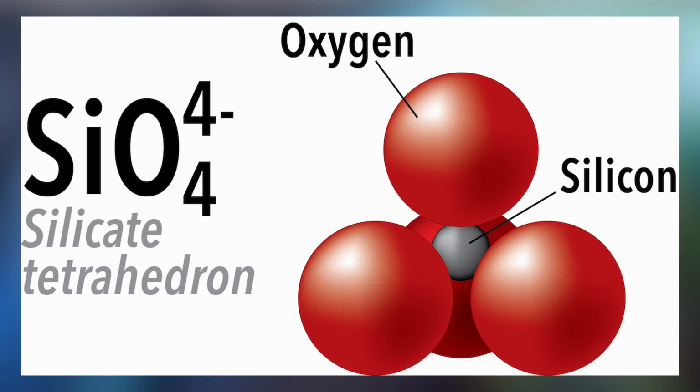Although all of the sides are equal, because it's symmetrical, it's a little bit hard to explain. If you just do a Google search for silicate ion, you'll see what it looks like. Again, I'll post this on the Facebook. There's basically four oxygen atoms spread equally around a central silicon atom.